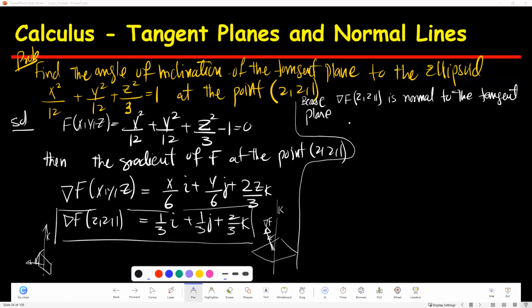Normal plane, and the k is normal to the xy plane. Right. Another way I say it, xy plane means floor. Like this is x, this is y. So I'm talking about this floor, and this k vector is normal to that floor. Okay. It follows the angle of inclination. So the angle of inclination